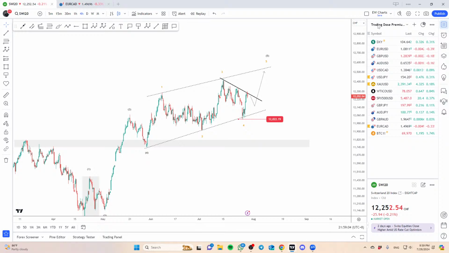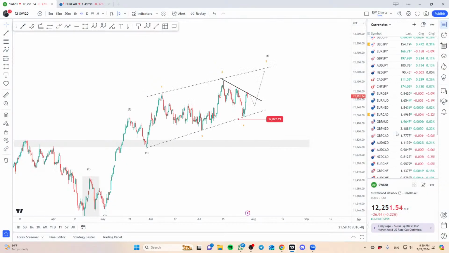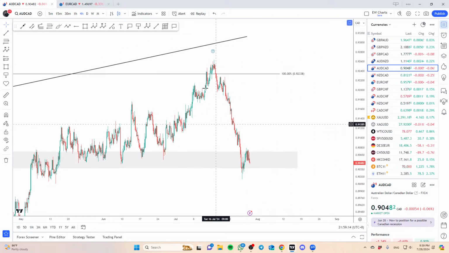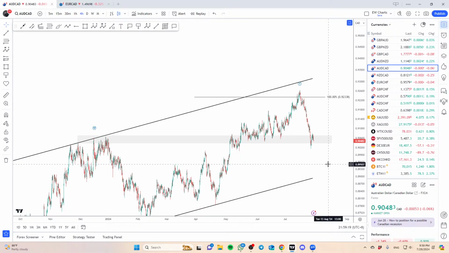Quick couple of instruments here. US 30, I think we covered just now already. Okay, if you take a look at the odd cat, okay, really nothing there, right? I would say odd cat is just a very impulsive link. I think very similar to Aussie dollar, right? Probably just want to give it a little bit more time right now.